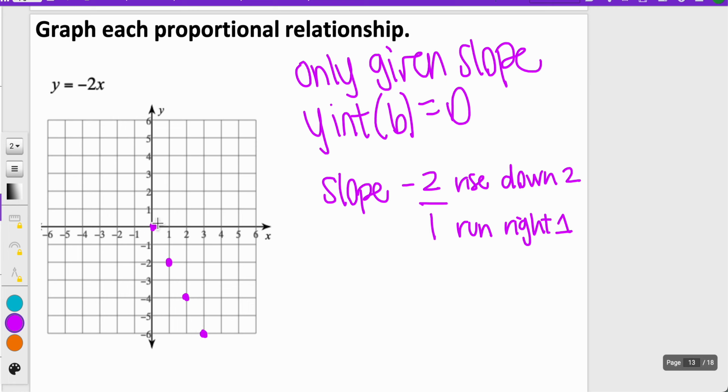Just as a reminder, you can still build points on the other side of the origin if you just go in the opposite direction, up 2 to the left 1, up 2 to the left 1, up 2 to the left 1. It'll still show that same pattern. The next thing you do